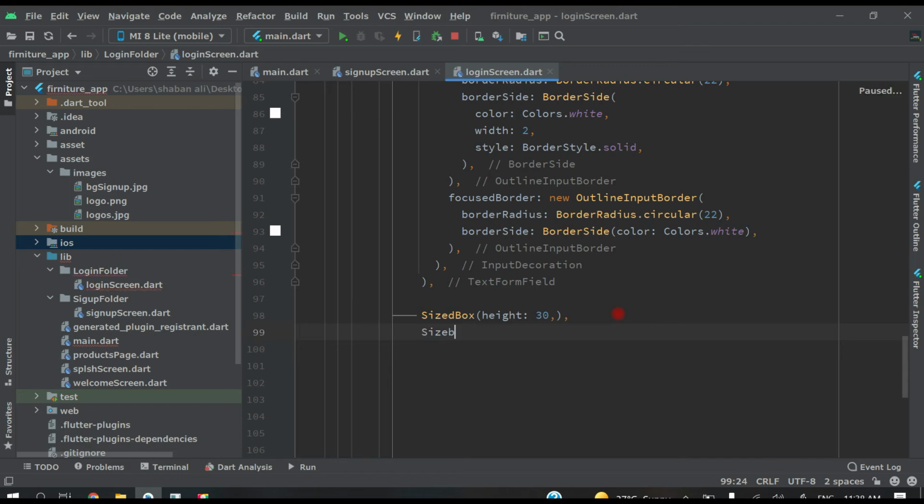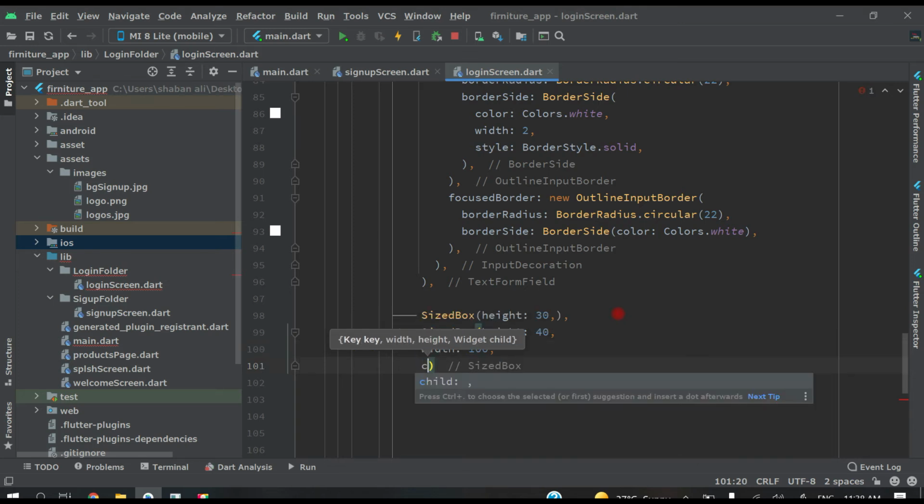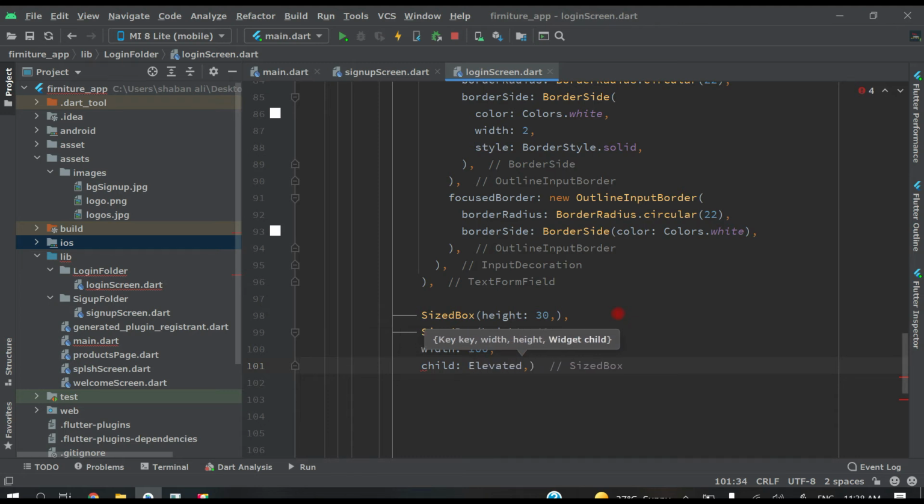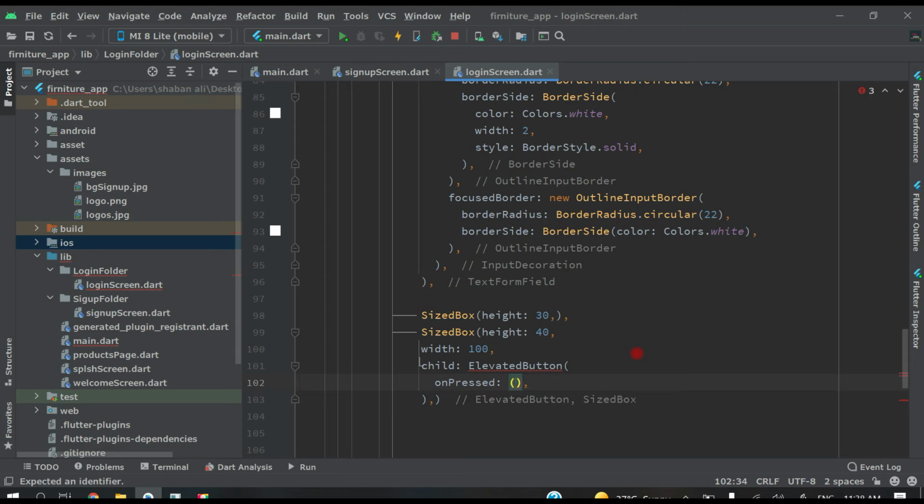Give size box, and height will be 40, and width will be 100, and then inside this we have child elevated button, and inside this elevated button we will provide on press, and then open bracket, and then after that the child text, and inside this text let's write login, and let's style this button.